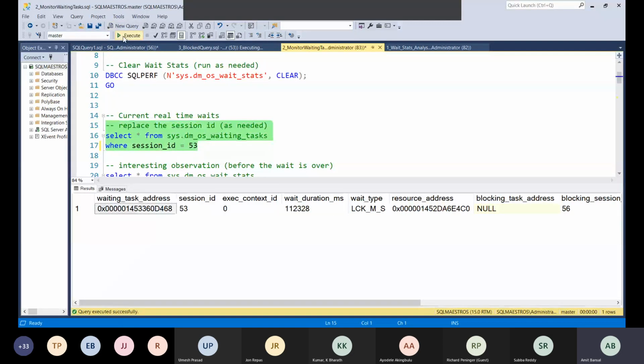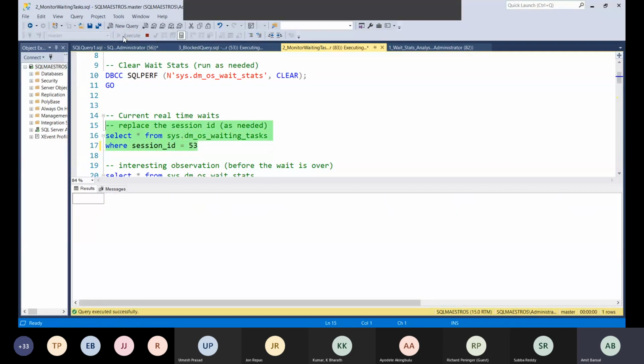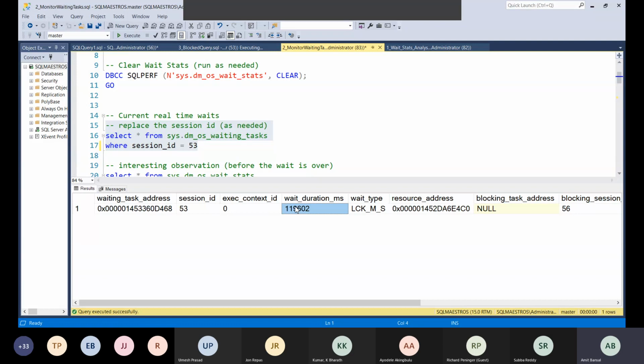I execute this again. Look at the number, it is constantly increasing: 114 seconds, now 116 seconds, 117. So this is constantly increasing. This is what we call wait time. Here it's called wait duration, but if you go to the stats DMV, this will be wait time. And this is your actual resource wait type, LCKMS. Now each wait type has a name inside SQL Server, and this is called lock mode shared, which means your query is actually waiting for